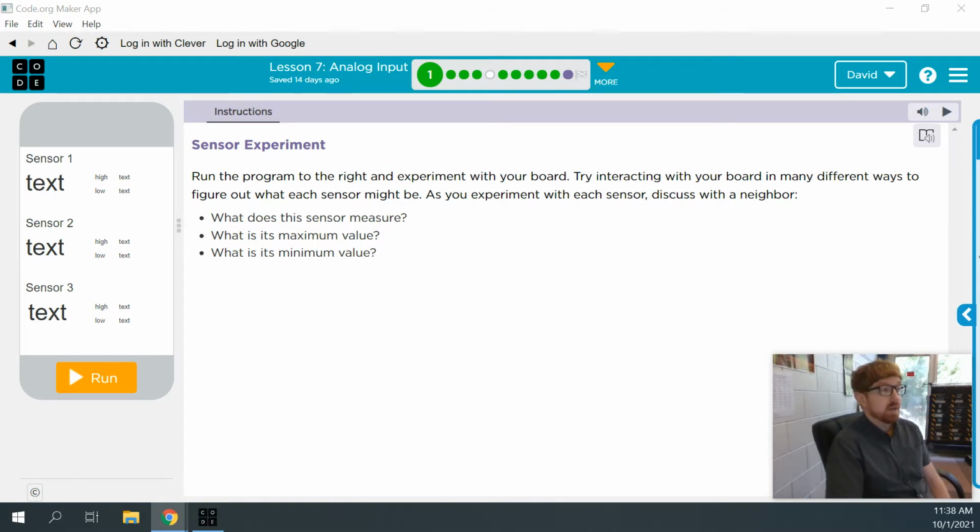We're in Unit 6 and we're looking at Lesson 7 on analog input here. I've got my Circuit Playground and I'm ready to go. All right, so